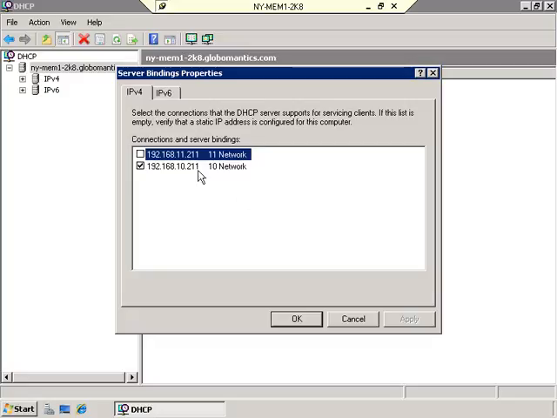In this example, I am connected to two networks, the 10 network and the 11 network. And I have decided that this DHCP server is here to serve the 10 network, but to not serve the 11 network. That's why there's not a check in the box. If I wanted to serve both networks, I'd just add a check to the box and we're on our way. Now, I don't want to do this right now, so I'm going to clear that checkbox back out and click